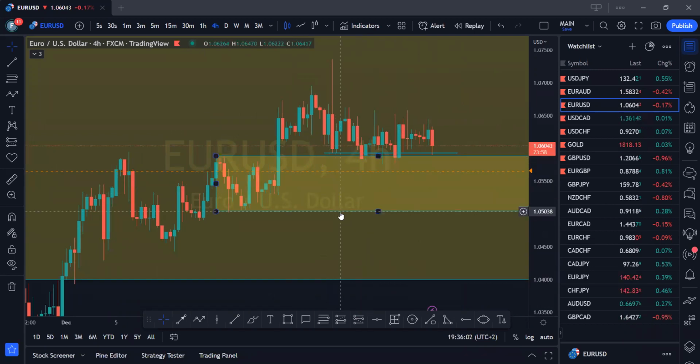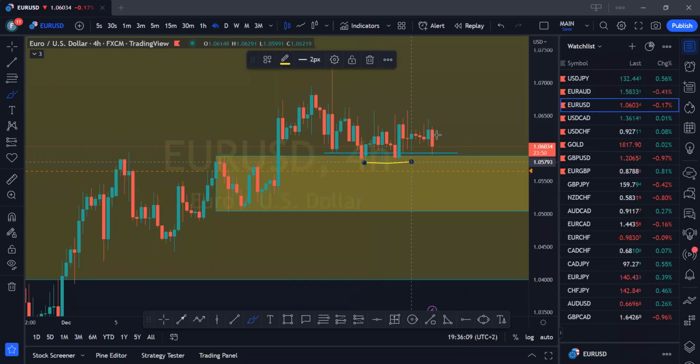And then we are also seeing possibility of this inducement over here, okay? And then price ultimately coming down. So we should have sold here. Actually, if you're taking entry from 4 hours, this zone would have been the best place to take entry because price retraced into the 4 hours supply, but you missed that entry. Okay, so the next thing that you want to do is to wait forwards.